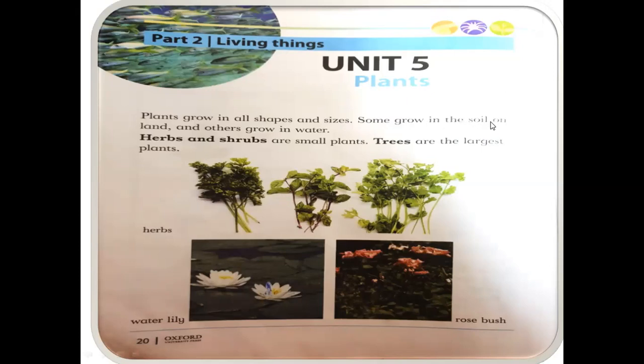Some grow in the soil on land and others grow in water. Some plants grow on land while some grow in water. So we will discuss water plants and land plants, and later we will classify the herbs, shrubs and trees, and see what the differences are between these three kinds of plants. Okay,